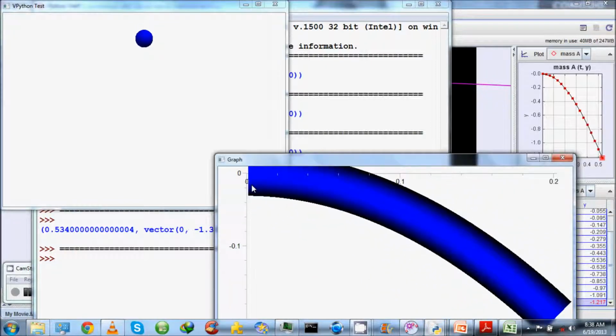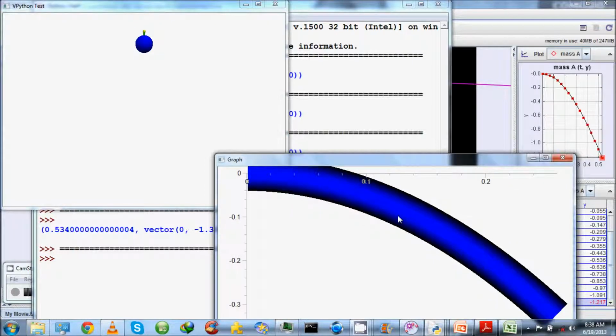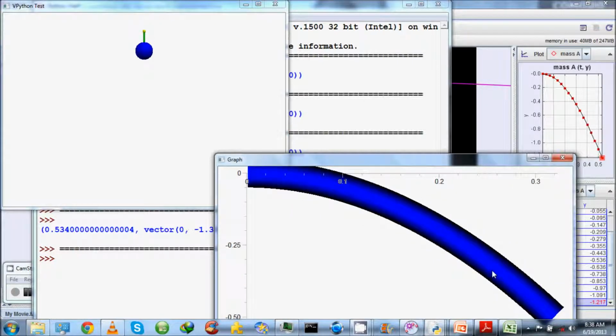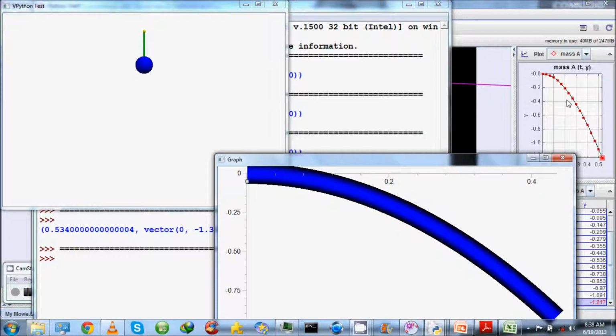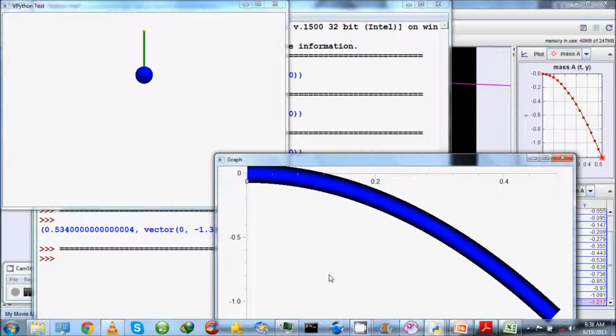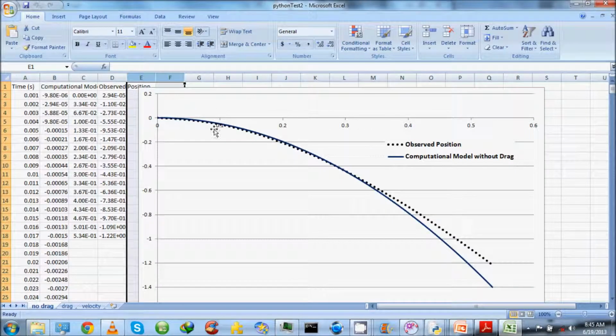So as we can see from this run, the displacement versus time graph turns out to be a quadratic curve, which looks similar to our video analysis. The two curves match well with each other during the first half of our analysis. However, they start diverging in the latter half. This must be happening due to the presence of drag force.